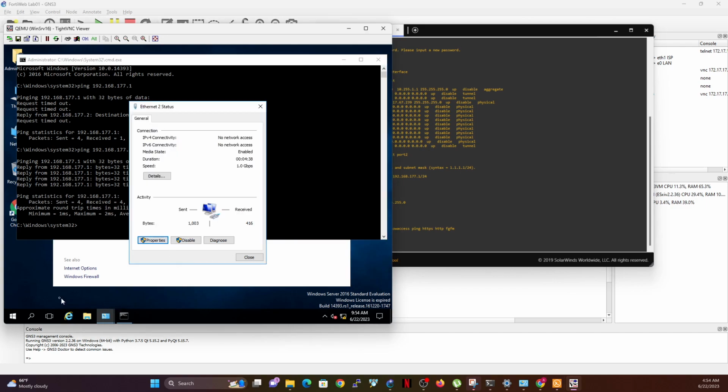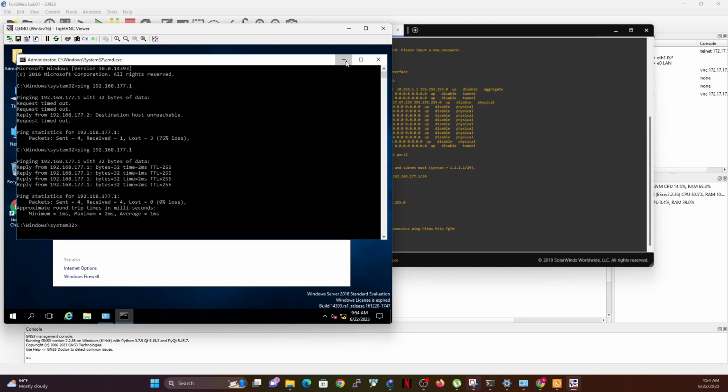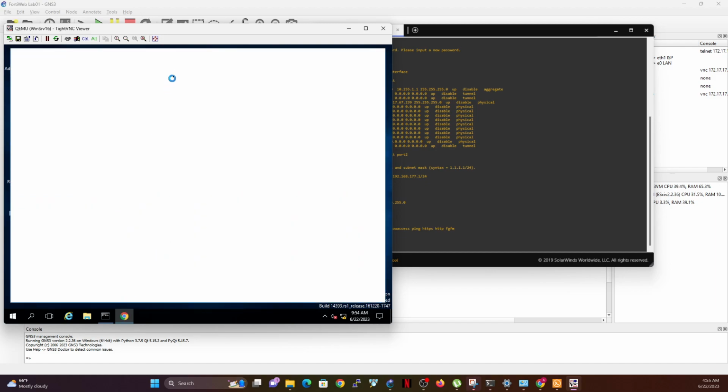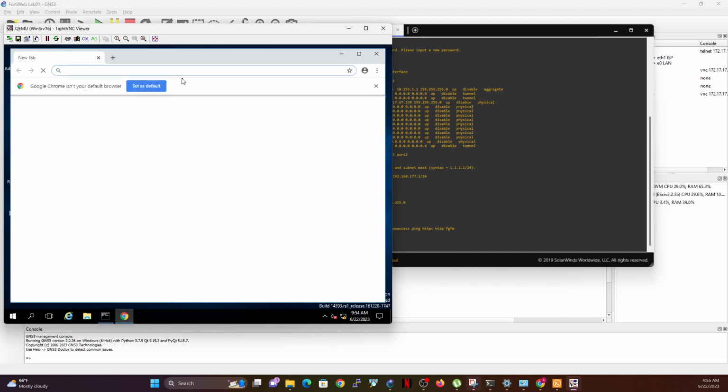So basically I can actually open the web browser. I'm going to close this, minimize this, close this. It came with Google Chrome, which I do like so much because I don't have to bother about Internet Explorer with these exceptions that I have to add. So now I'm going to open the web interface of the FortiGate.